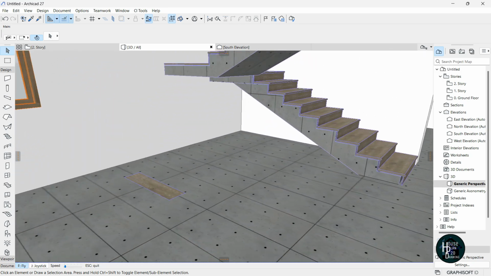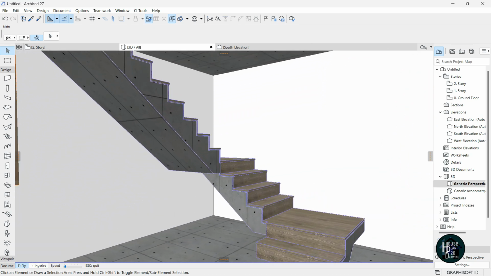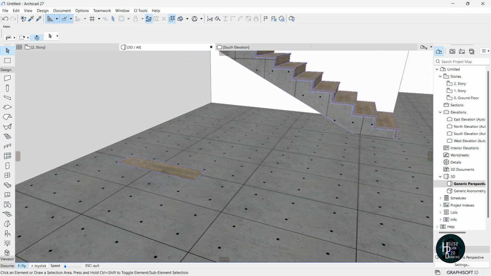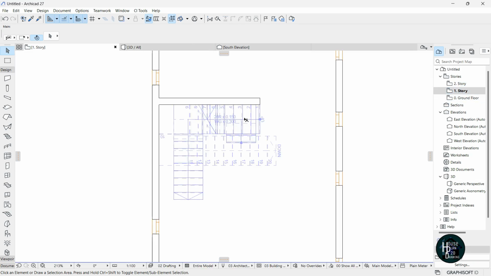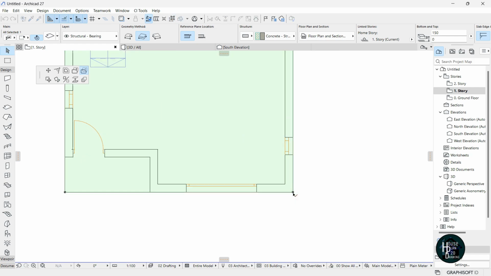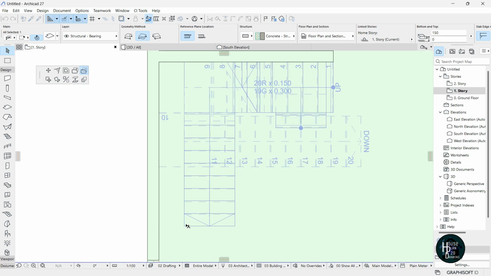So what we want to do is try and fix what we have on the ground floor to the first floor. Okay, so now for the first floor, we need the first floor slab to be opened. So for us to go about that, we're going to come to the first story. All right, we're going to click on the slab itself, click on this black node, make sure we're selecting this subtract from polygon, and we're going to try and open the slab for the first story. For the stairs, click this point here, and then you click this point here. Once you do that,